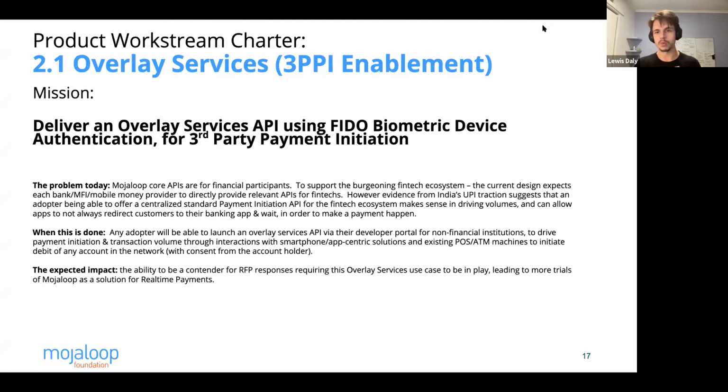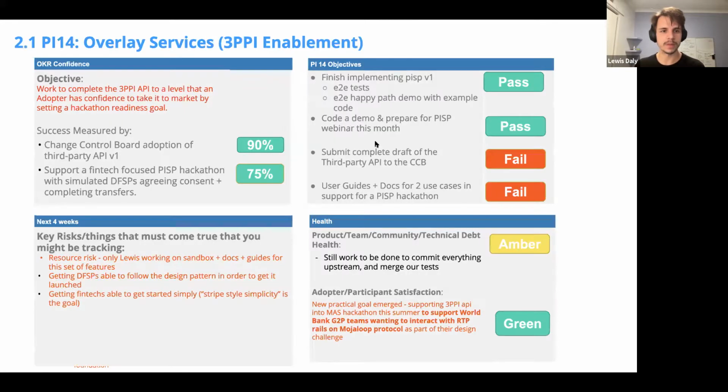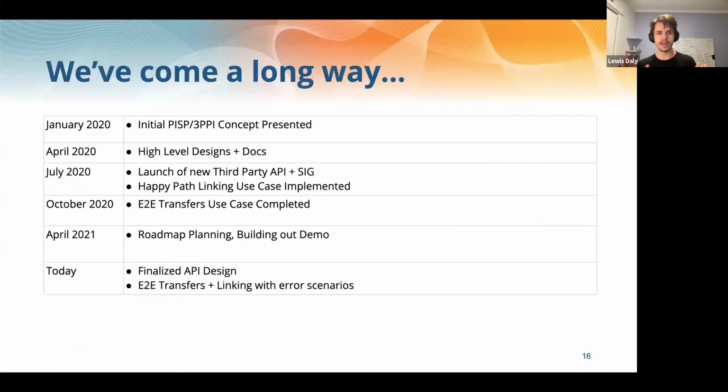Now, we're starting with the idea of a peer-to-peer payment using a strong form of user authentication called FIDO. But we're hoping that this is going to grow over time. This is the first instance of a non-fund holding participant, a non-DFSP, a new type of participant interacting directly with the switch and injecting transactions straight into an Emoji Switch.